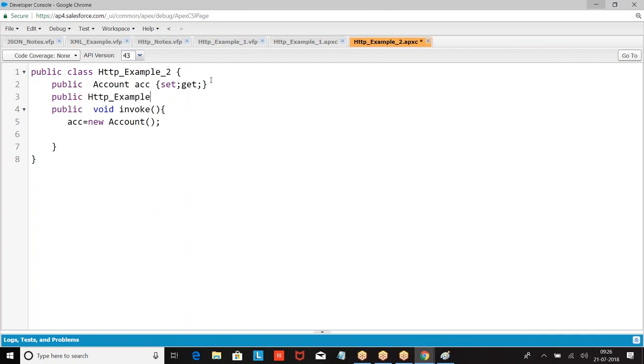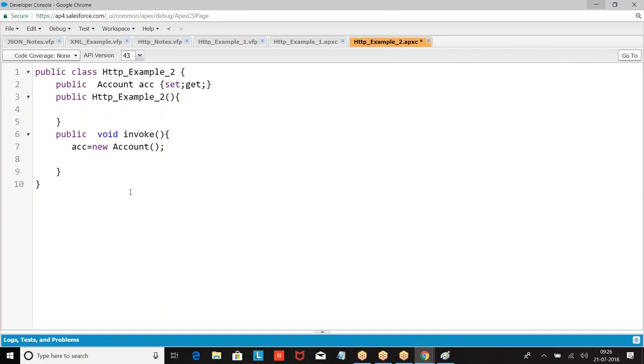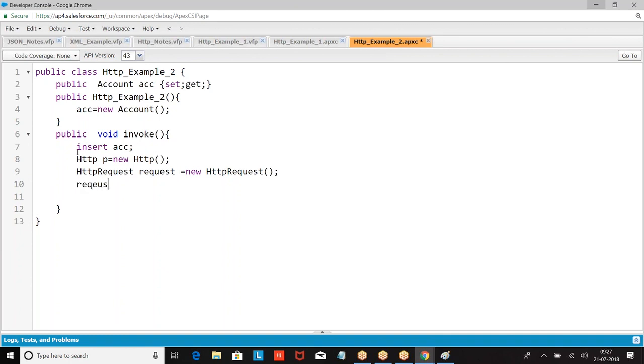So let me make a general program. Then I'm giving insert account. After inserting the account, I want to make a request. Request equal to new request, then request dot